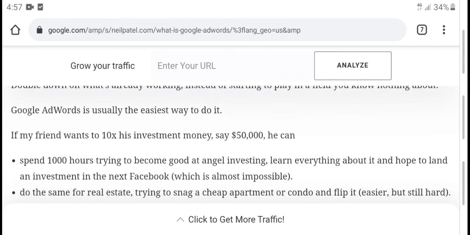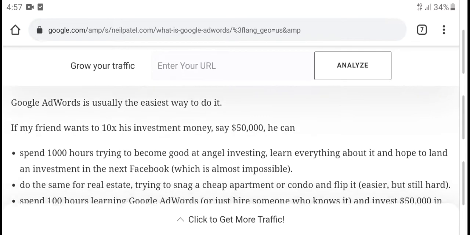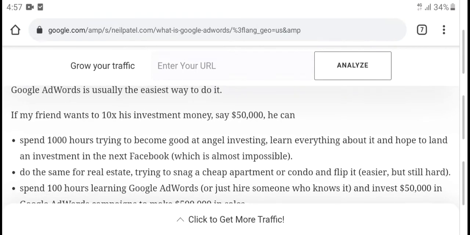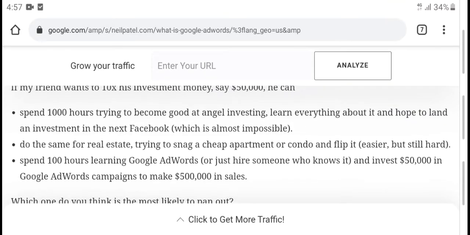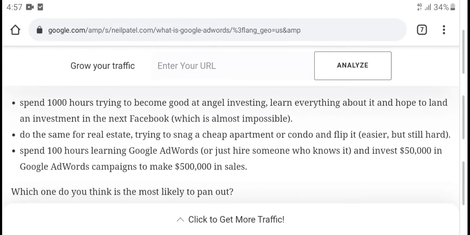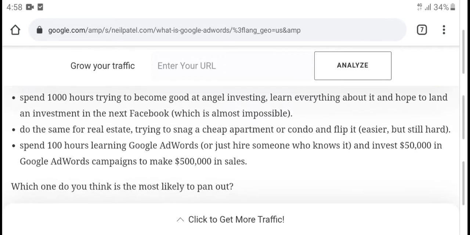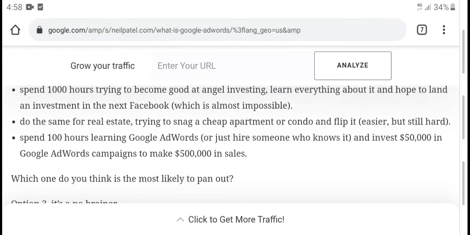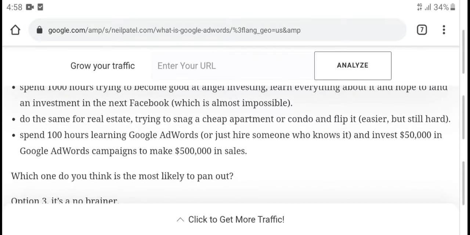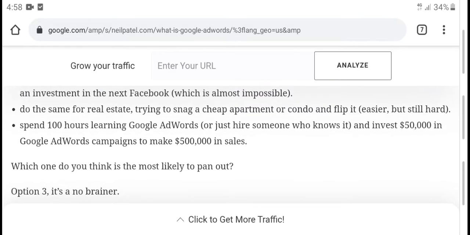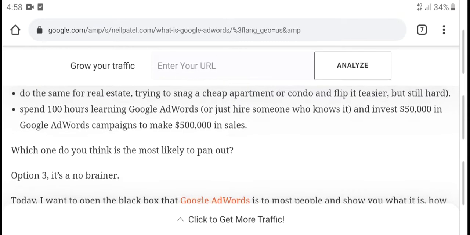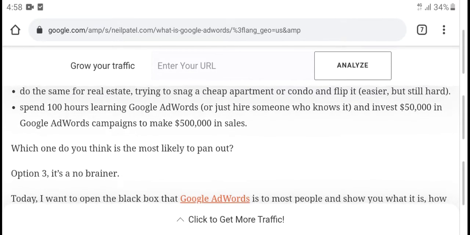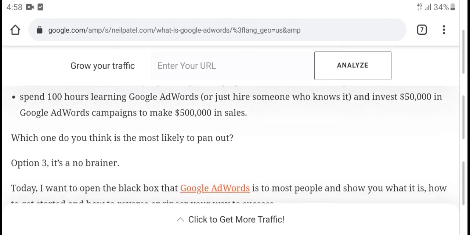10x. They invest money and say 15, these can spend hundreds over typing and becomes your good anchors. Invest to learn everything about it, you hope, and land. Invest in the next Facebook, which is almost impossible. Some in real estate, trying cheap improvements and flipping easily, but still hard. Spending 10 hours learning Google Ads is just something who is invest in